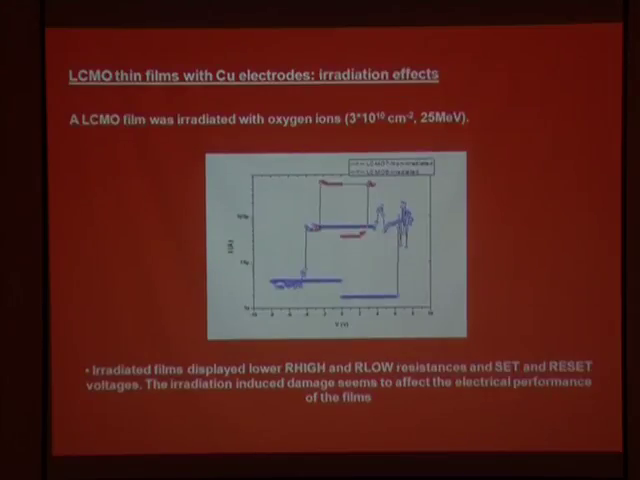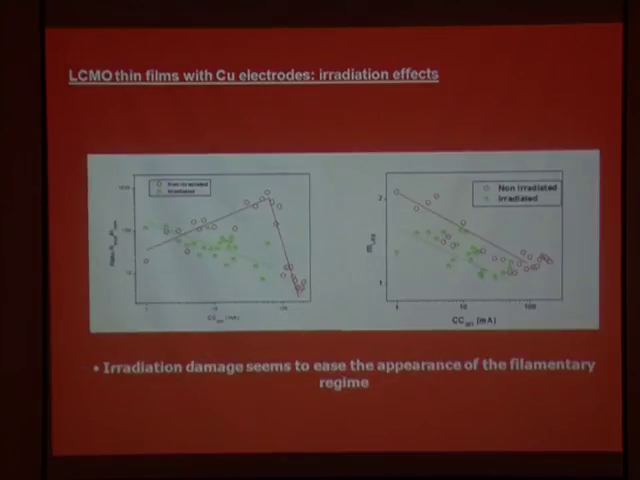Then finally, what we did is irradiate with oxygen ions with this dose and this energy here at the Tandar accelerator, and compare the electrical behavior with respect to a non-irradiated film. And we found that both area high and area low shift to lower values at a fixed complex current, of course. Indeed, if we plot the evolution of the ratio and of the slope of the low resistance state, which